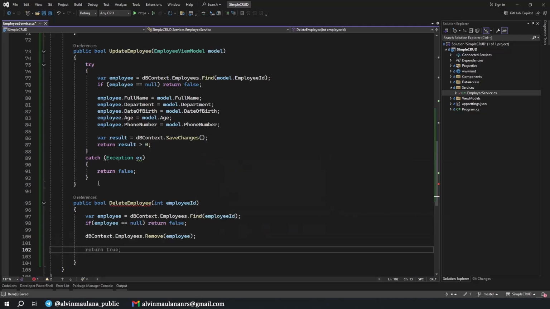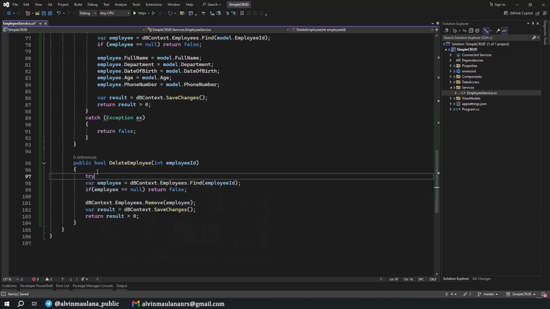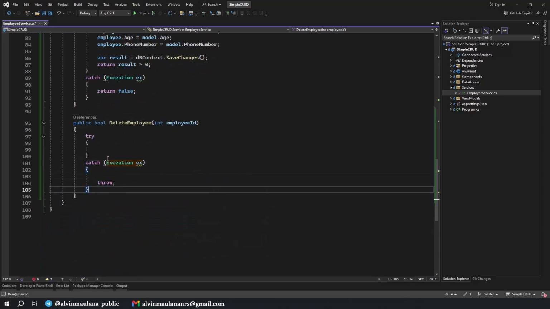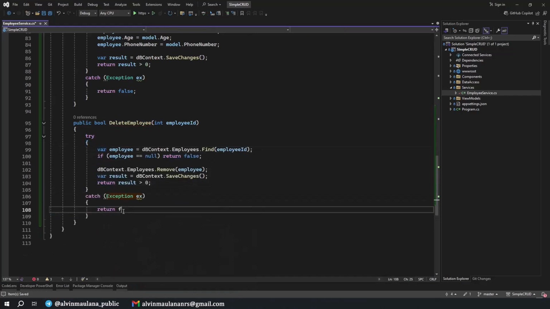We also need to do the same as above, so I think we can just copy it. Maybe we can also wrap it in a try catch, so if any exception happens, we return false.